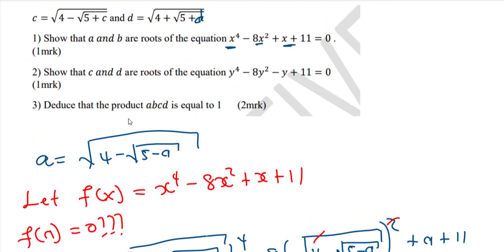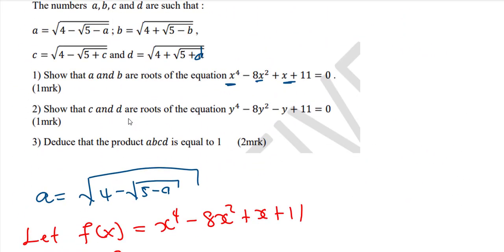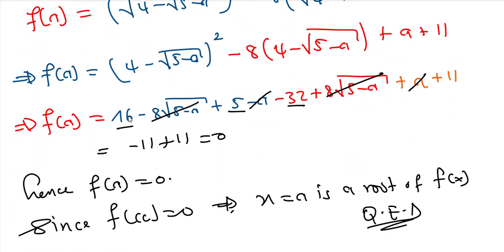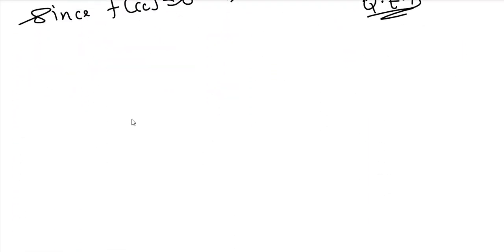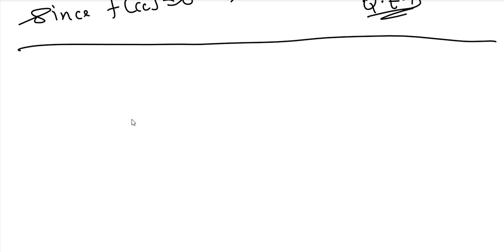Now the next part, part b, says we should also show that b is a solution. Now we are going to do the same thing. If b is a solution, it means b should satisfy that equation. There is another possibility of doing this. Let me show that. Now if b satisfies the equation x to the power 4 minus